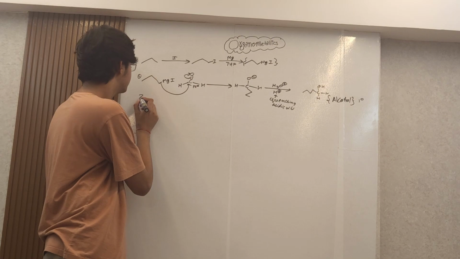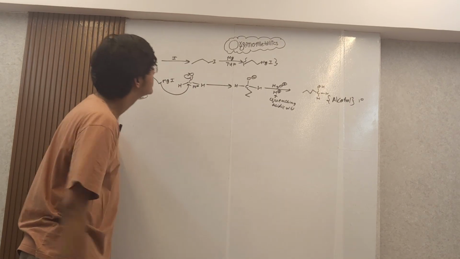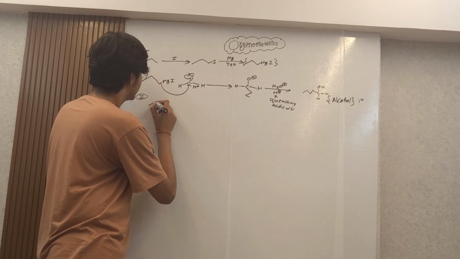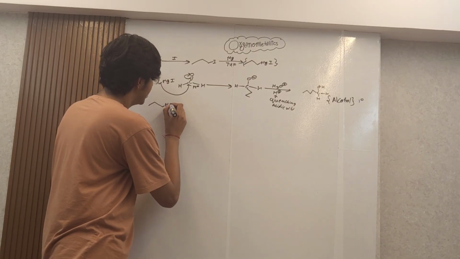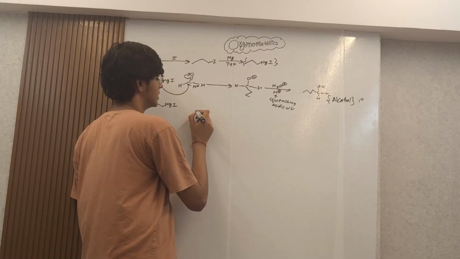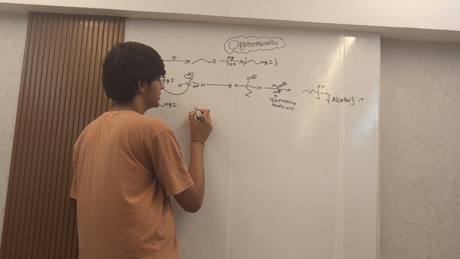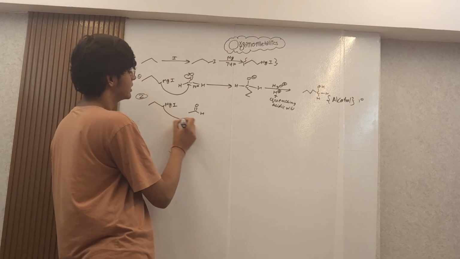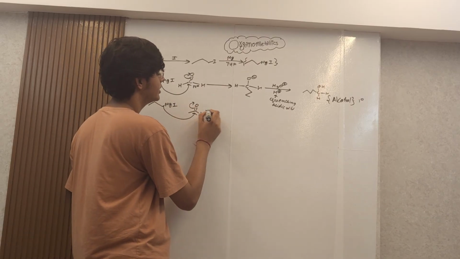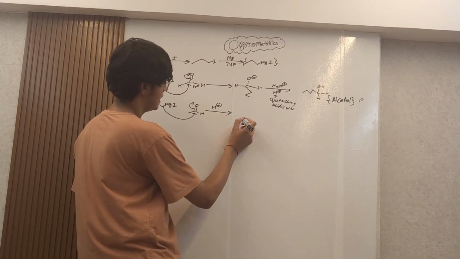What if we make it react with an aldehyde that is not the simplest one? Let's make it react with an aldehyde that has 2 carbons. So like this, and this will have an H over here, double bond O. Similarly, this will go over here, and we would do the quenching of it by giving it an H plus, and you would get